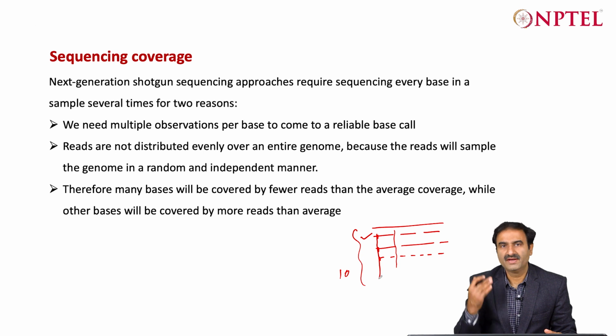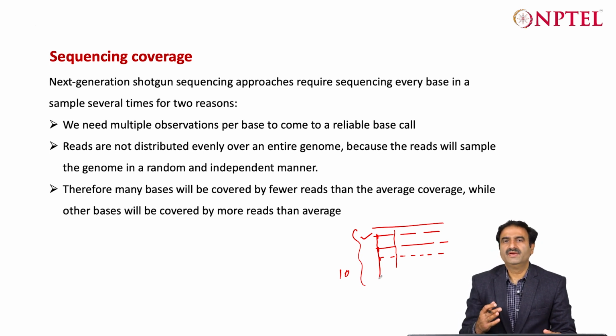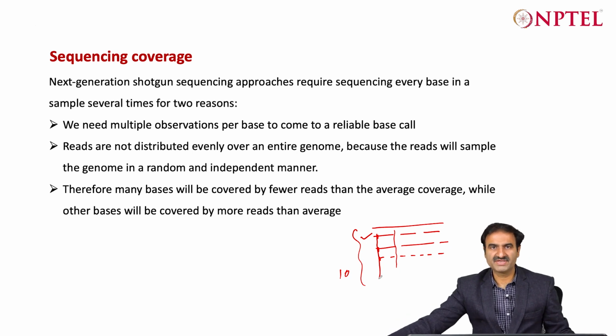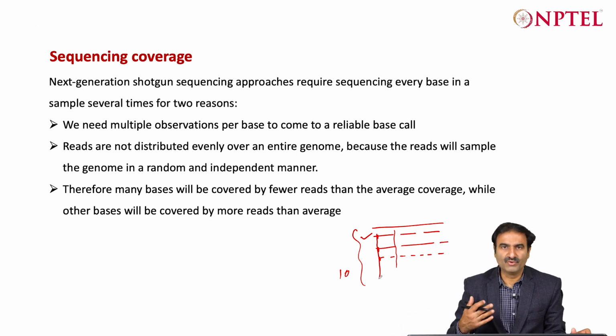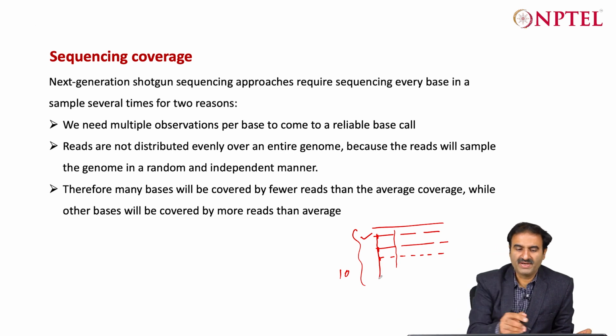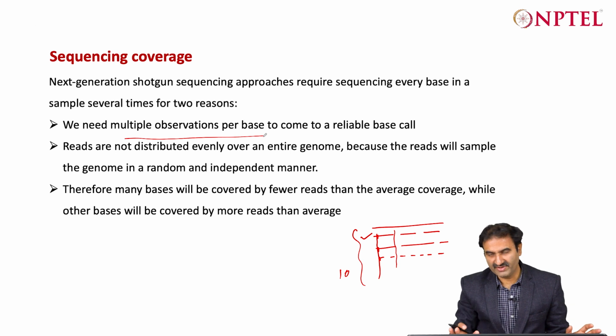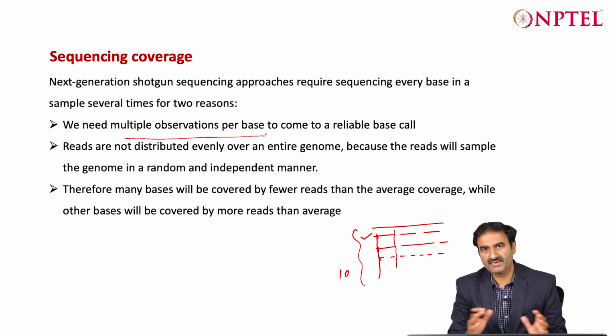Or it could be like 9 times you got A and 1 time you got T or G, so that means you should go for the correct one which has a higher call, which is more likely to be correct, okay. So you need multiple observations per base, and reads are not distributed evenly throughout the